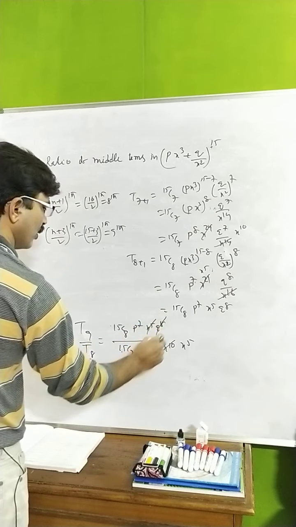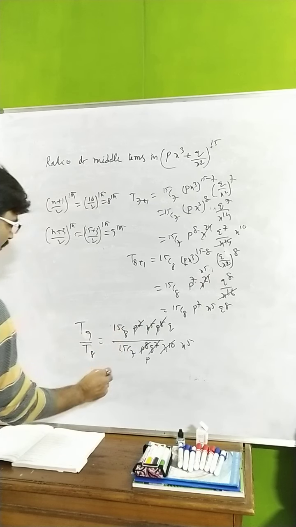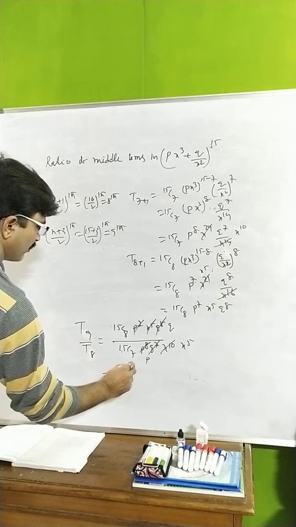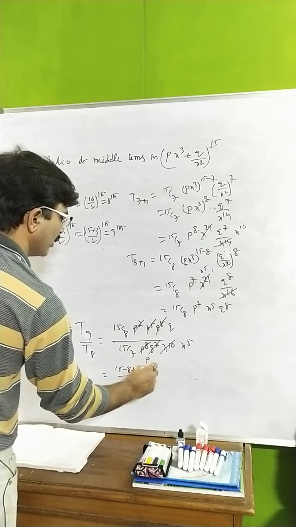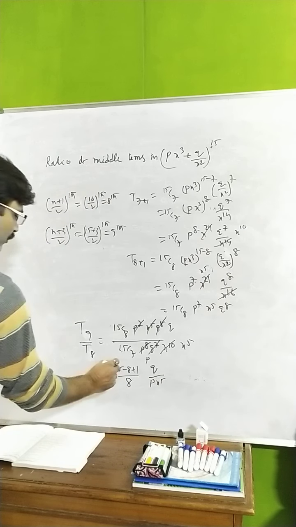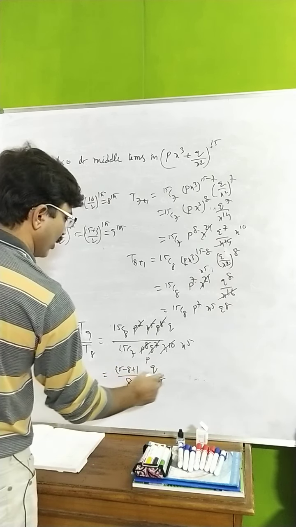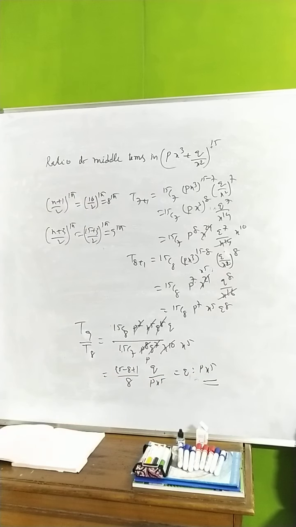You see here, this gone, q here, this gone, p here, right? You can have the formula here, (15 minus 8 plus 1) divided by 8 by using the formula. What is the left out one here? q, and here it is p x to the power of 5, right? 15 and 16, 8 gone here. So finally q is to p x to the power of 5. You have the answer.